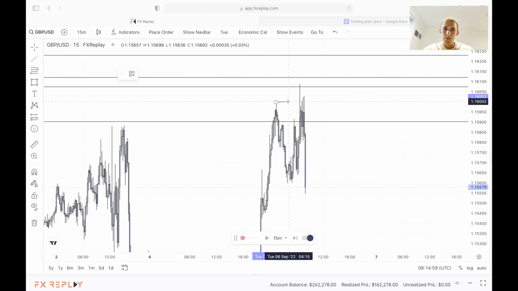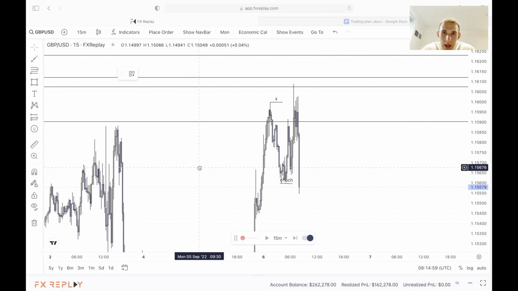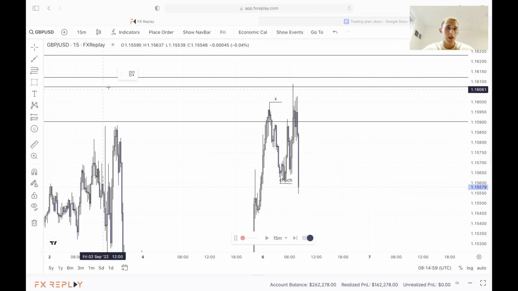We had a sweep followed by a break of structure, and the candle which caused the sweep was this one, and so this would be the entry point,